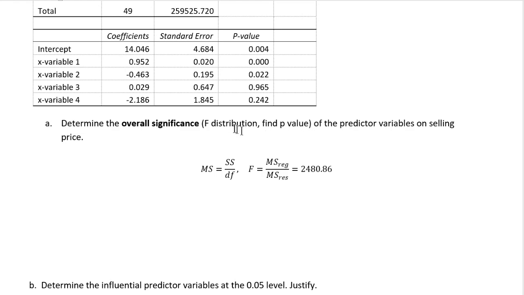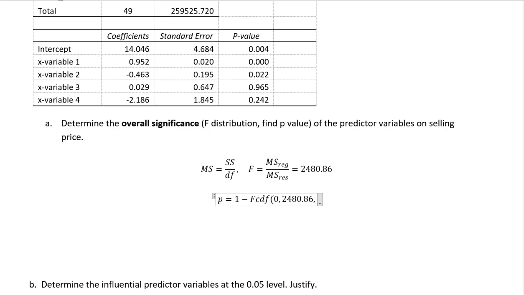Because the F distribution function in the TI-84 gives you the area from 0 to the given value, and the p-value is the right tail, you actually have to subtract from 1 to get the right tail. So we have to say the p-value is equal to 1 minus the F distribution, FCDF, of 0 until this